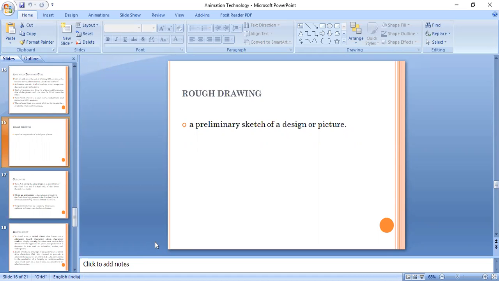Basically, rough drawing is a preliminary sketch of a design or picture. So before finalizing any drawing, before finalizing any sequence, we work over the rough sketches. We portray the rough sketches and then rework over those sketches, and if any modification or editing is required, we do that, and then we move on to finalize those drawings or sketches. So it is always good to work with rough drawings because they save the additional cost of editing and